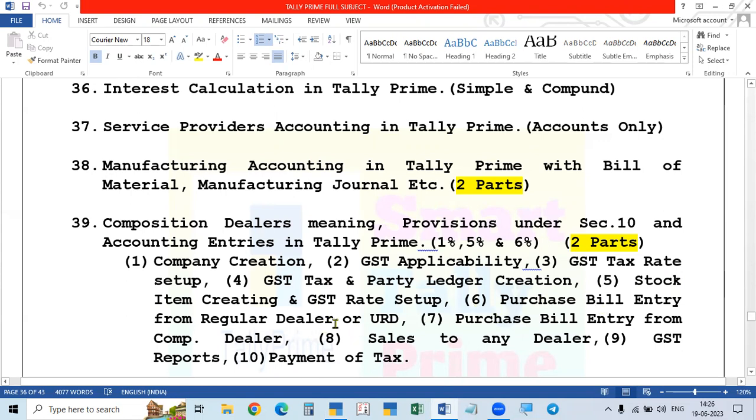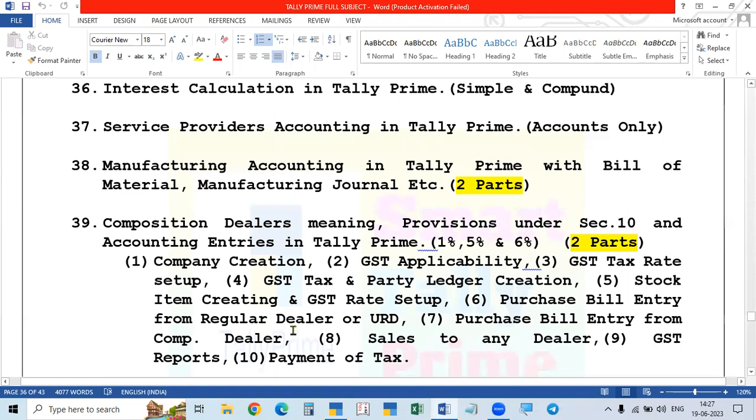When you are purchasing, you can purchase from the same state or another state, that is intra-state or interstate. Only if you purchase from a regular dealer, whether in the state or outside the state, is tax levied, and we can enter the tax in our purchase voucher. And from an unregistered dealer, or a composition dealer, whether intra-state or interstate, and a composite dealer only in our state, because other state composite dealers cannot supply to us. So for unregistered dealers and composite dealers, there will be no tax, and only for regular dealers there will be tax. So you have to enter the tax, show the tax also,